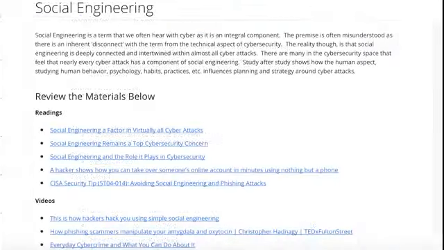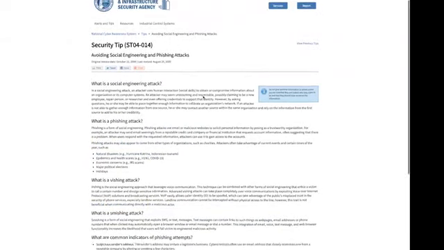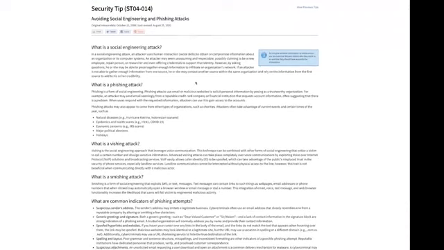Just want to go over some of these links as well. This one is actually through CISA, which is a really important organization for you to be familiar with in the cybersecurity, data security space. This is a really good general overview about what is a social engineering attack. Talks about phishing attacks, which we mentioned earlier, vishing attack, which uses voice communication to do it. I'm going to show you a video about how a hacker at a conference does this. It actually hacks into someone's